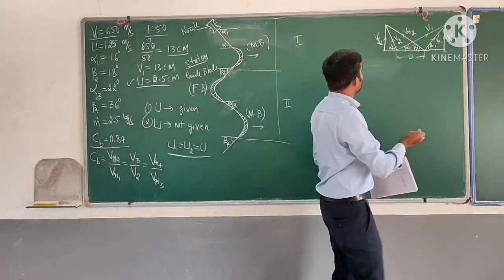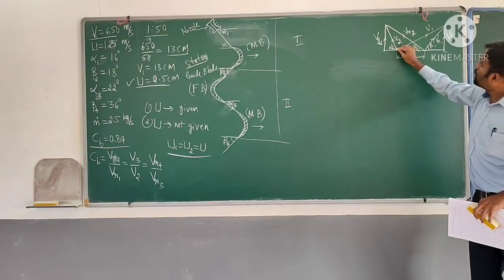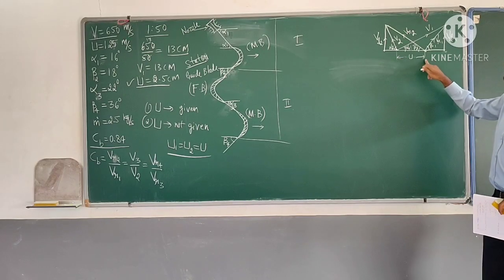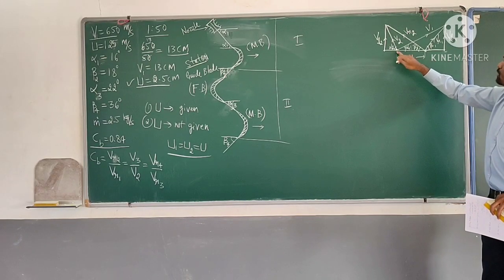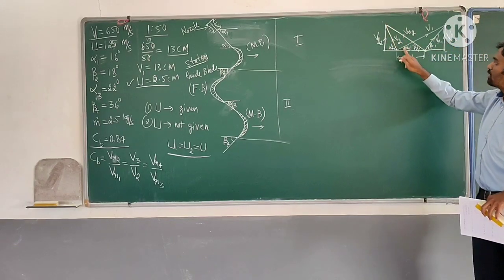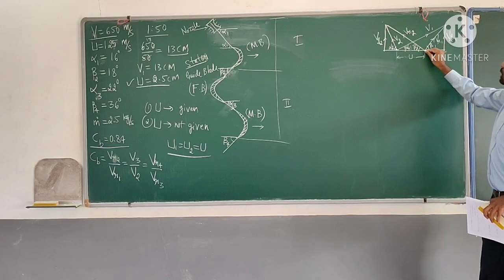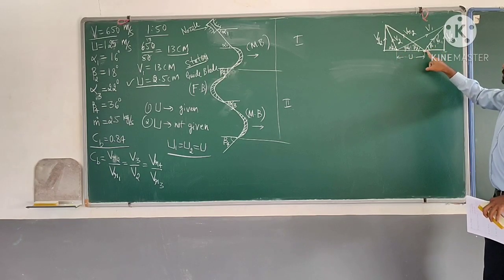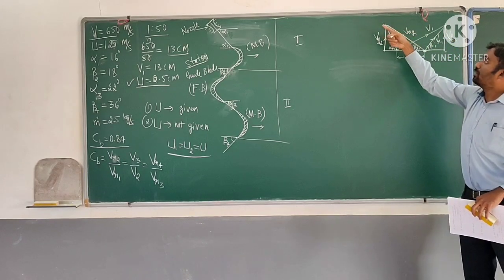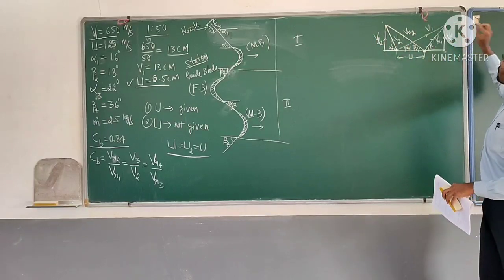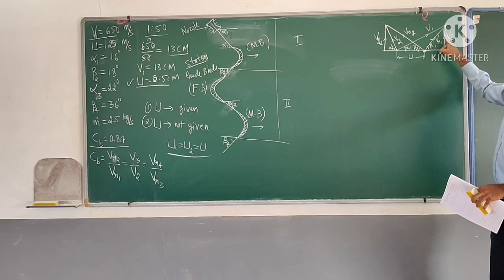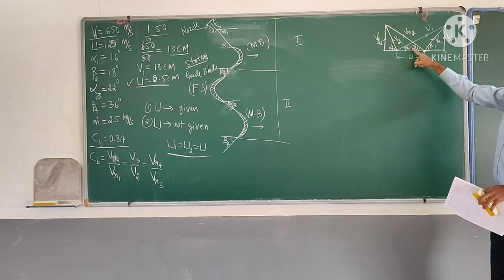So if we observe carefully over here, this is our point of reference, this point and this point, where we have U. So this is one point of view, this is another point of view. From this point, if you see carefully, V1 is going towards right side, V2 is going towards left side, and the angles alpha 1 and alpha 2. From this point, VR1 is towards my right side, VR2 is towards my left side. And the angles, VR1 will make an angle beta 1, VR2 will make an angle beta 2.